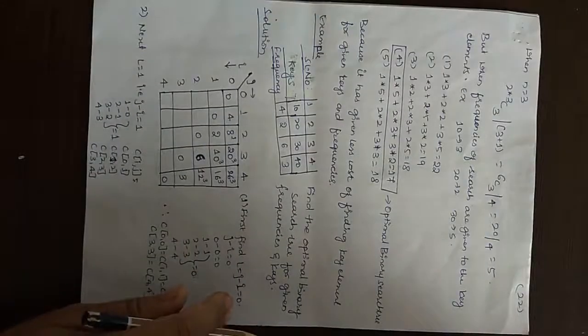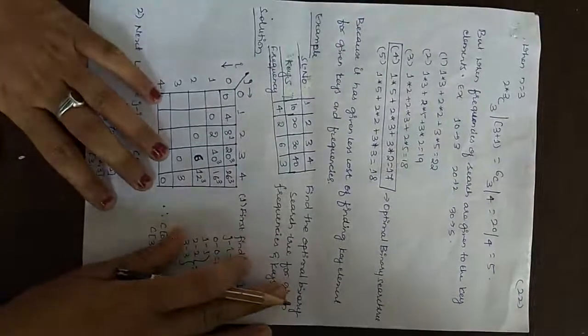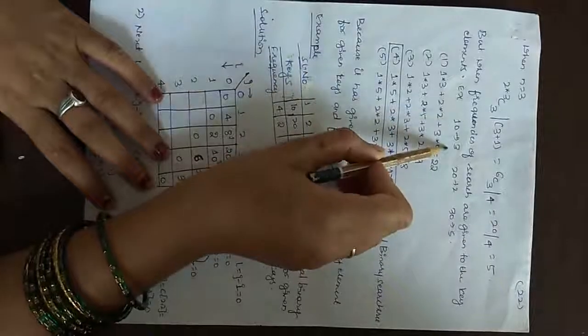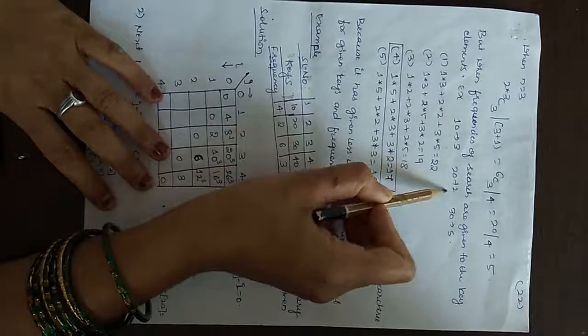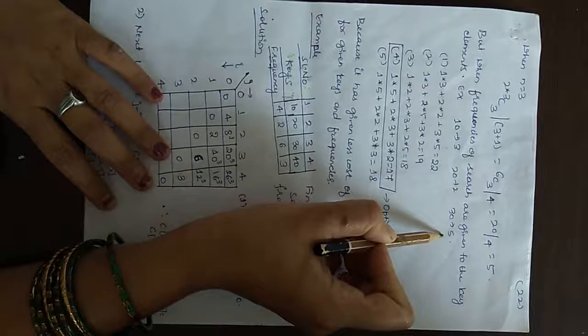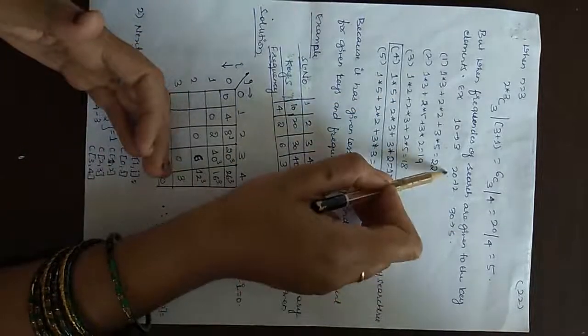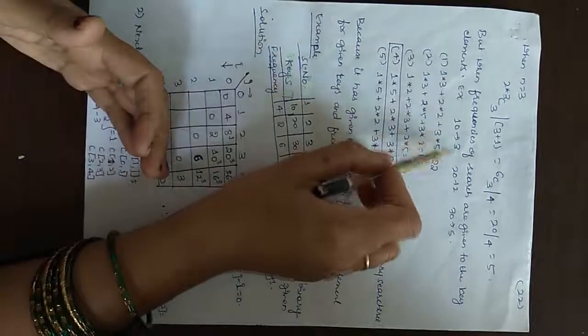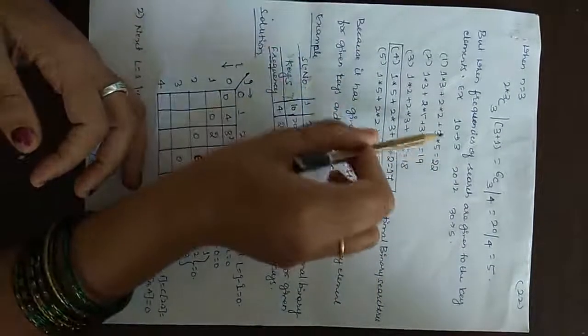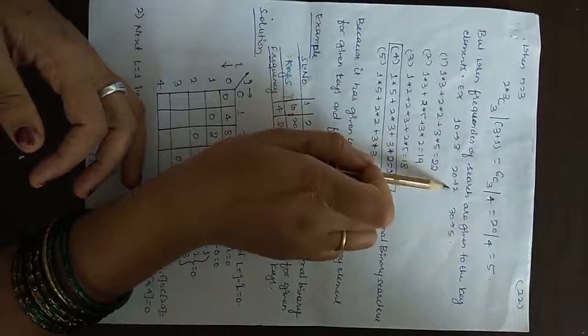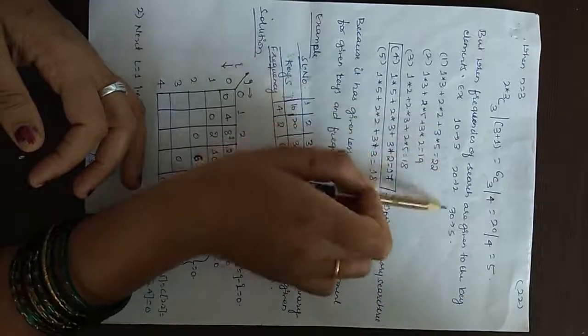So this is the basics when only the keys are given. Suppose the frequency of search of that key is given. For example, 10 is searched 3 times, 20 is searched 2 times, 30 is searched 5 times. Who is searched more? 30 is searched many number of times, 20 is searched only 2 times, and 10 is searched 3 times. In this case, we are specifying the frequencies of each of these key values.